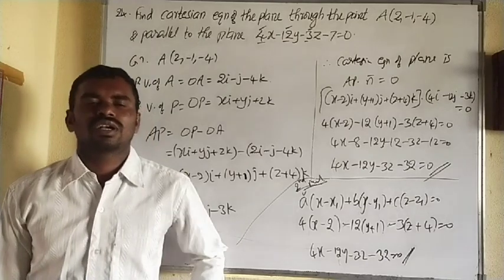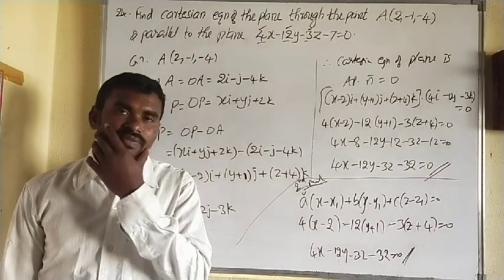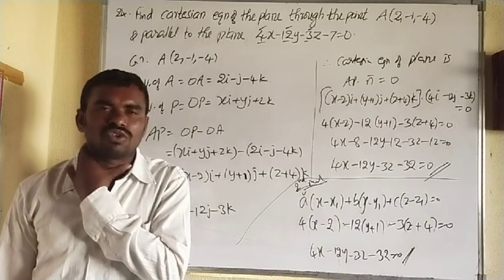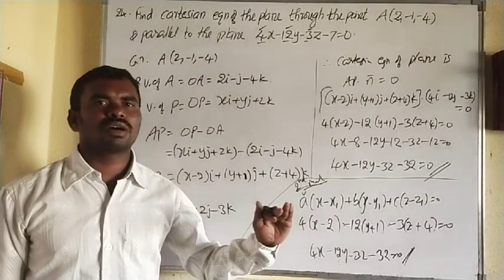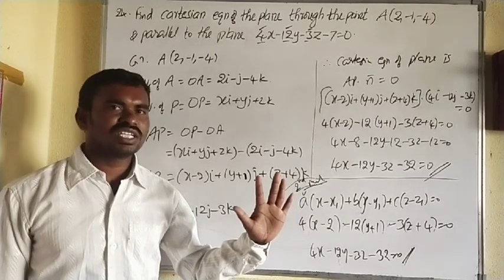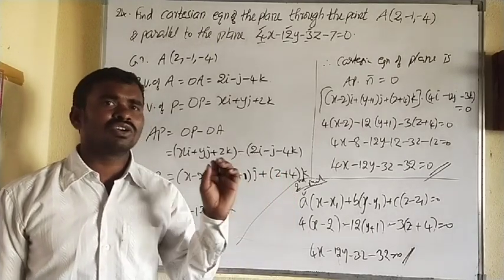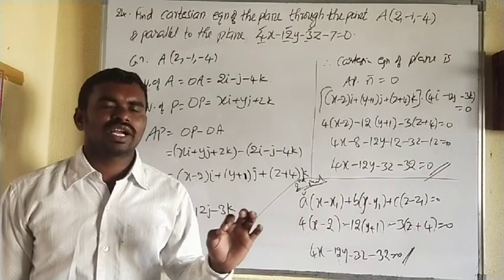Only in a single part we completed very short questions of product of vectors. Part 1, part 2, 7 marks questions, and part 3, part 4, 4 marks questions, and part 5, 2 marks questions. So this is completely product of vectors. Is it clear? If you have any doubt, you can put it in the comment box. I will try to give a reply.